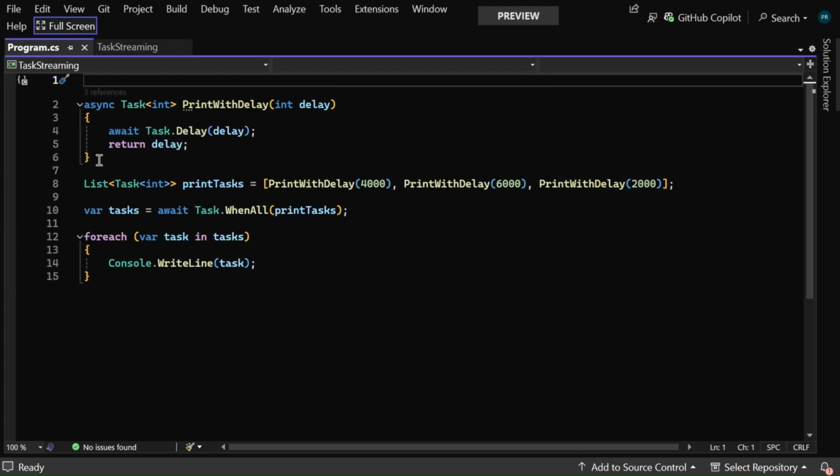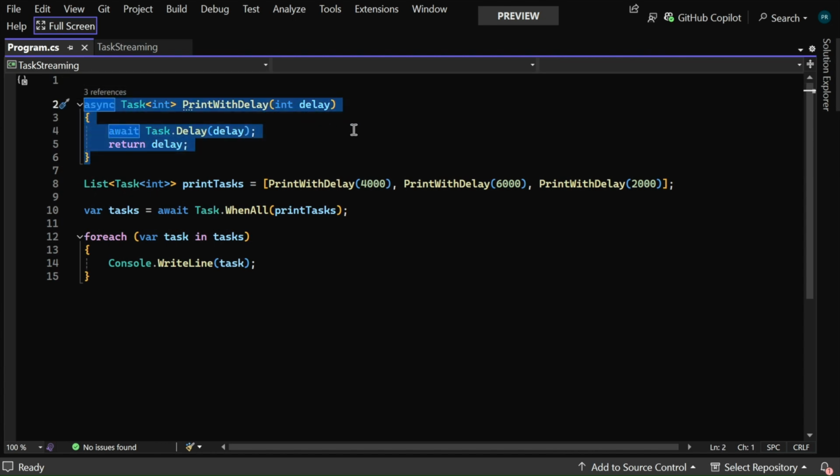In the program.cs file, it contains an asynchronous method called printWithDelay that takes an integer parameter called delay. Inside the method, it uses the await keyword to asynchronously delay execution of the method for the specified amount of time. The Task.Delay method is used to introduce the delay, and the delay parameter is passed as the duration of the delay. After the delay, the method returns the delay value. The return type of the method is Task<int>, indicating that it is an asynchronous operation that will eventually produce an